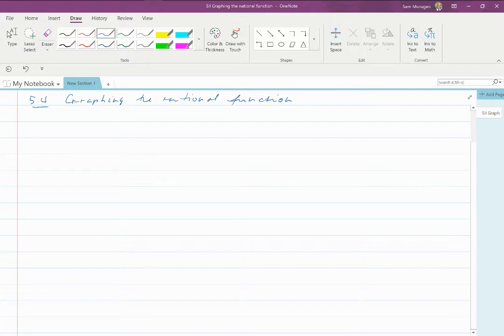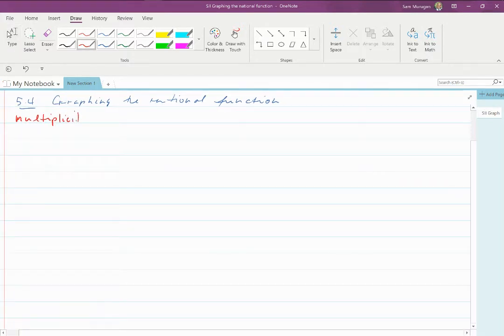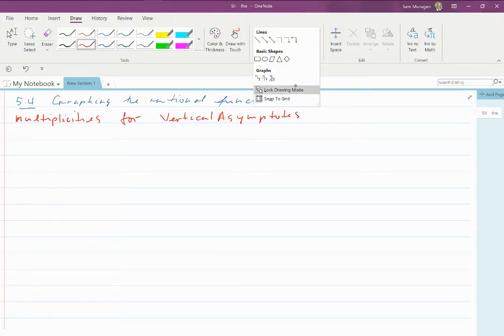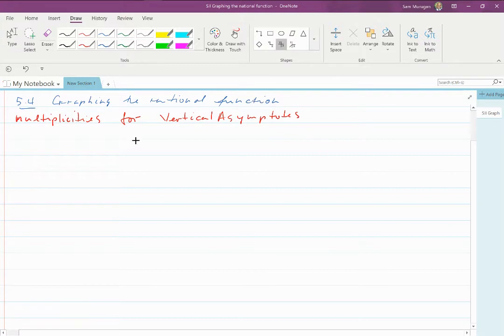And what I want to speak first about is the important subject of multiplicities, multiplicities for vertical asymptotes. There's two scenarios here that we can look at. One is that if the vertical asymptote,